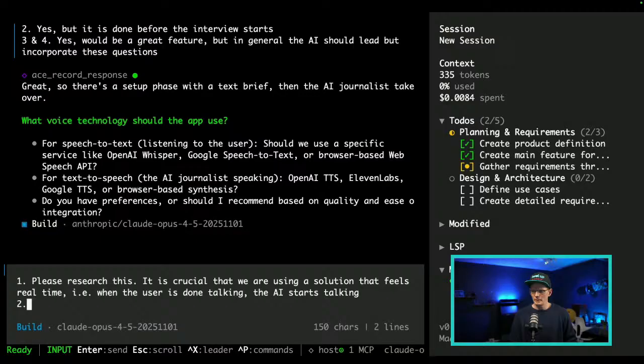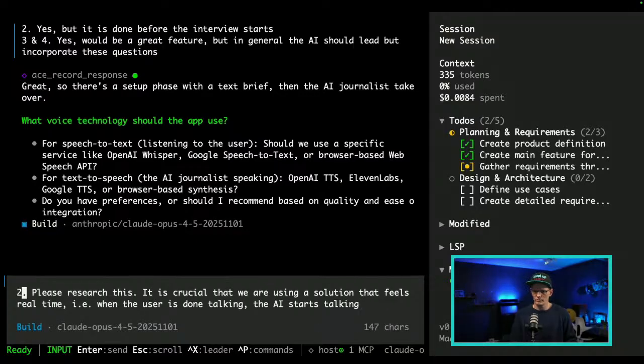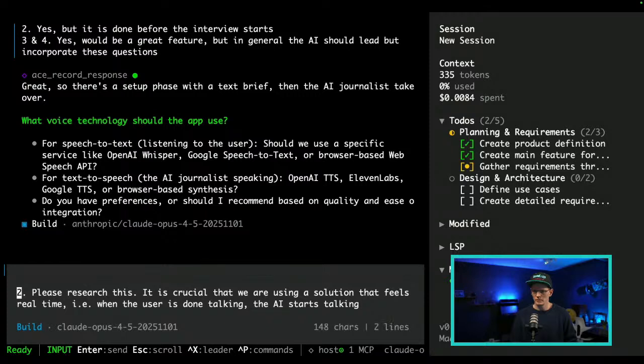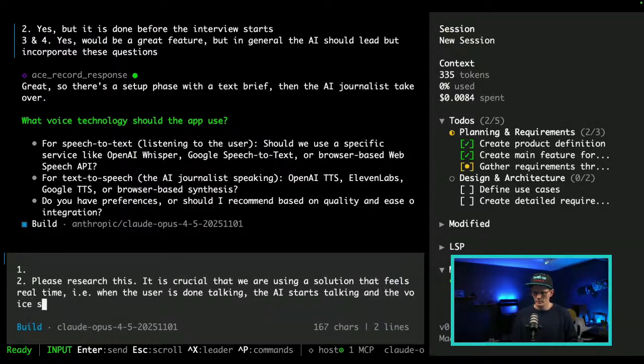For text to speech, oh wait, that was for speech to text. Let's just do, should sound natural. Wait, so this is speech to text, text to speech. Oh, I'm mixing things up here.